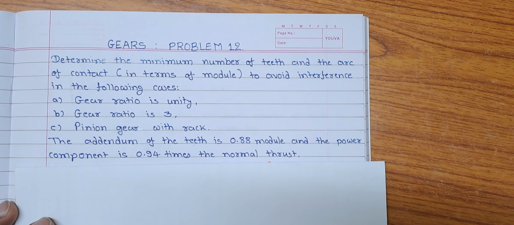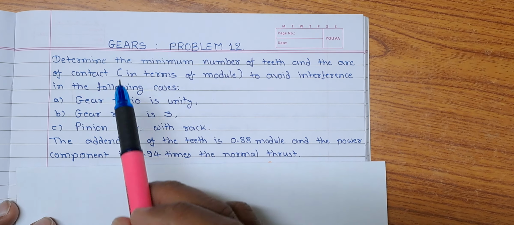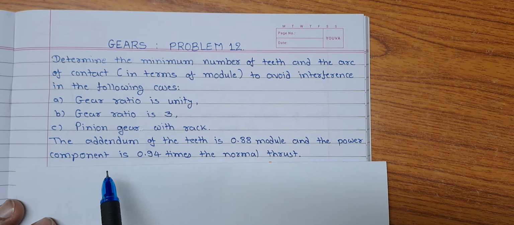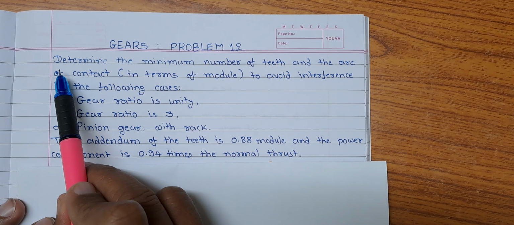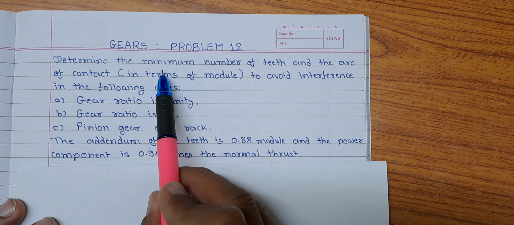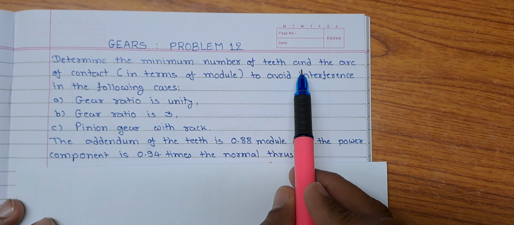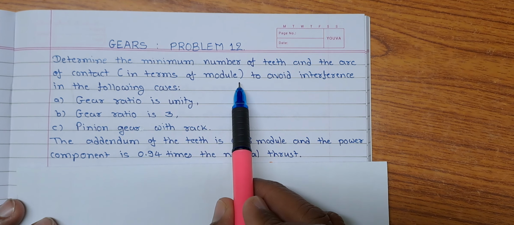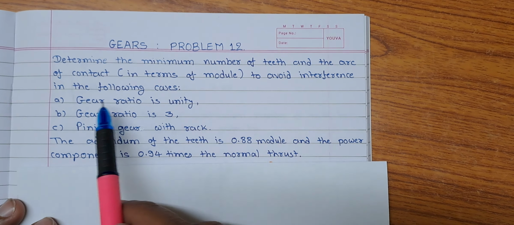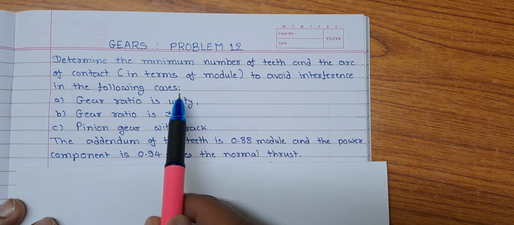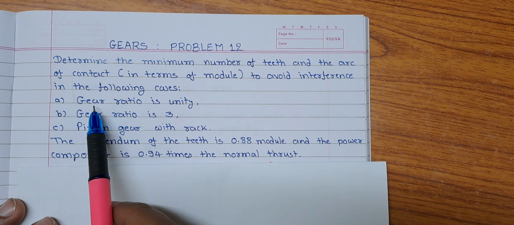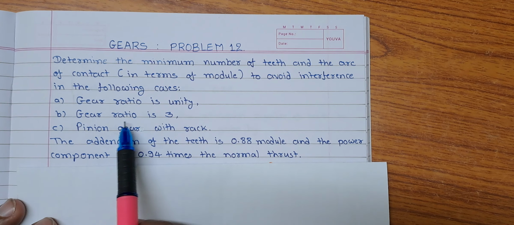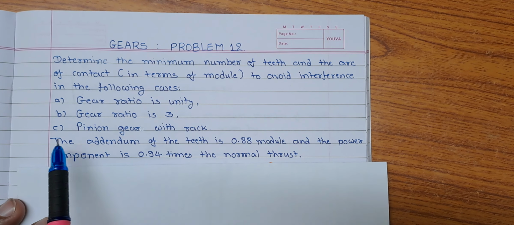Dear friends, welcome to the next problem of gears, that is problem number 12. The data of the problem is like: determine the minimum number of teeth and the arc of contact in terms of module to avoid interference in the following cases. Case A, gear ratio is unity. Case B, gear ratio is 3. Case 3,